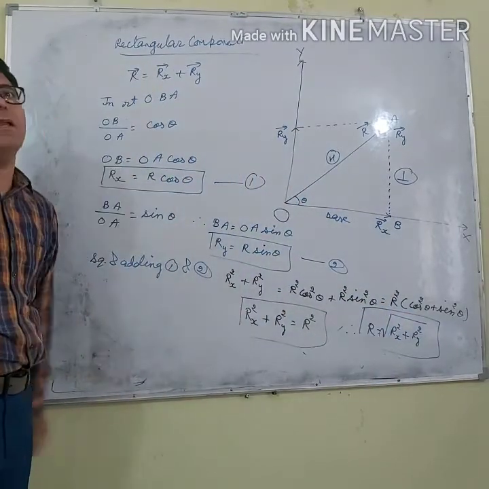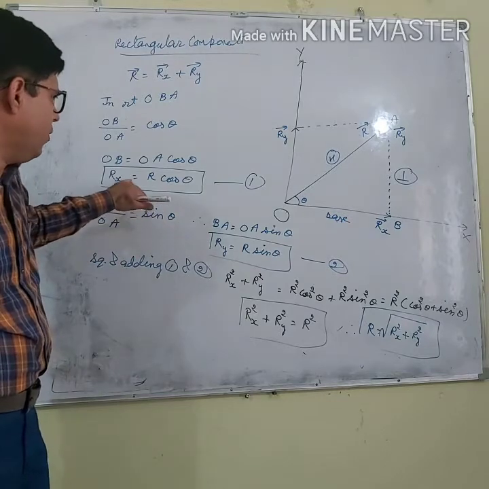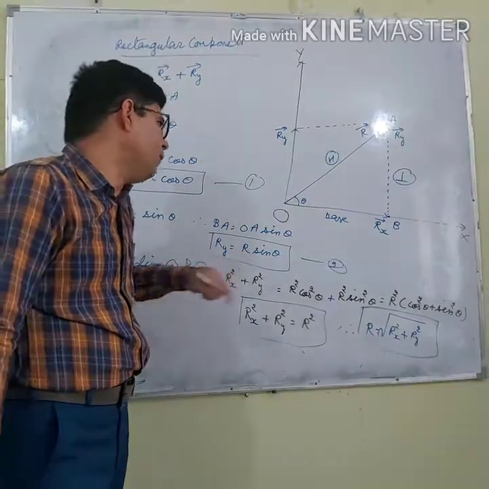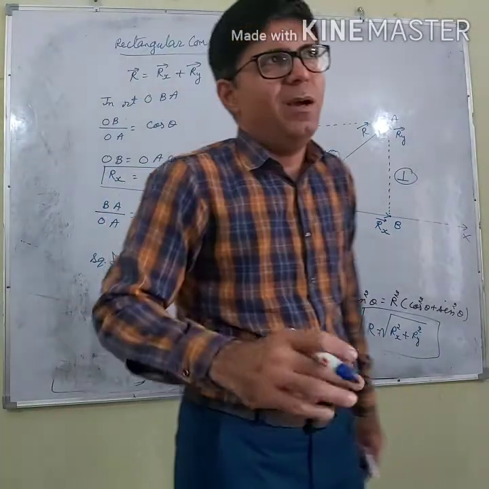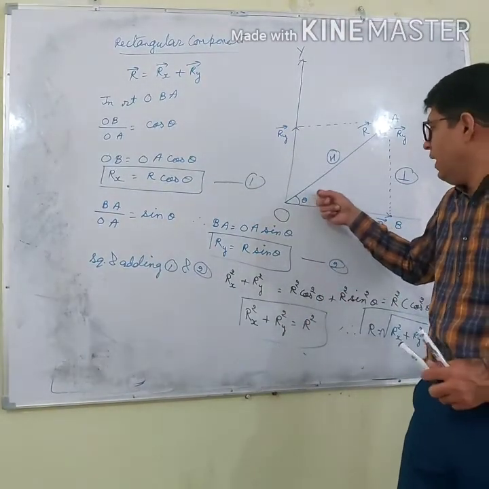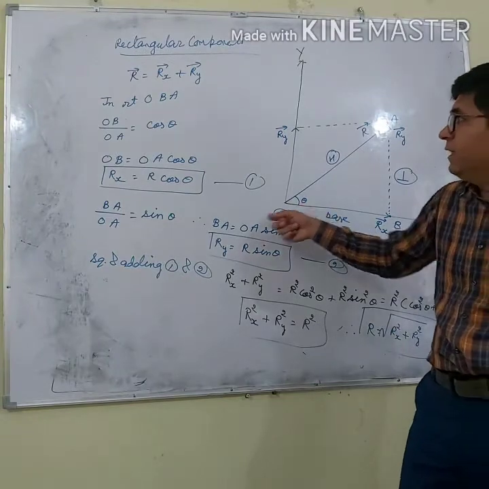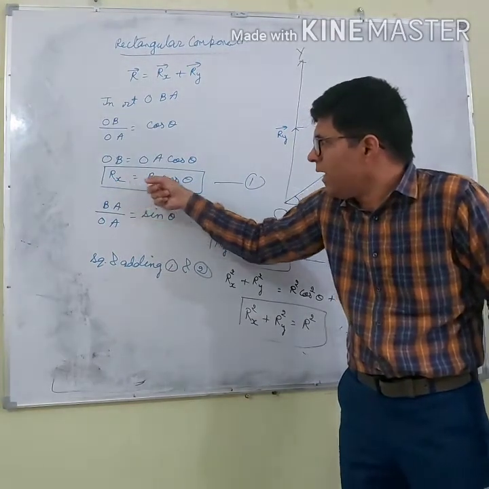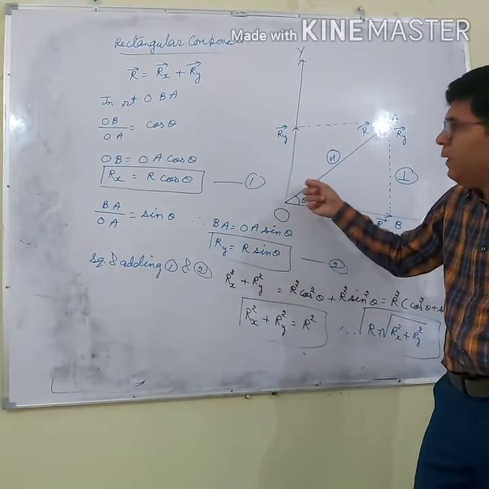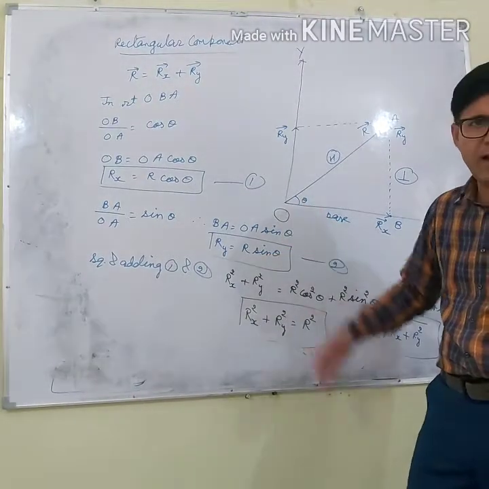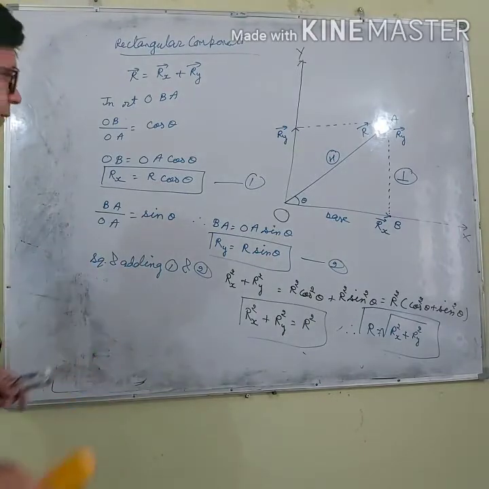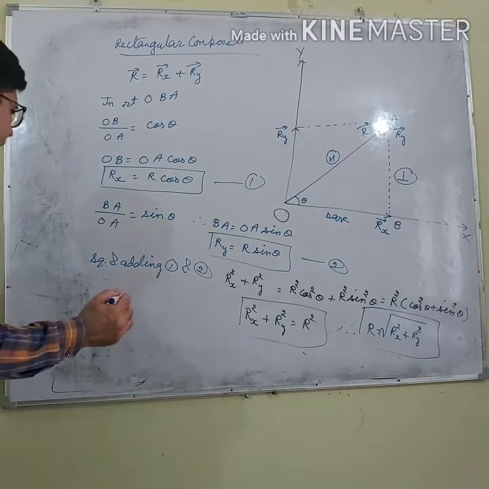So these are very important results. If I ask the component of R along the x-axis, it is R cos theta, and the component of R along the y-axis is R sin theta. Theta is with the x-axis, so the component with theta gets cos, so I can write Rx equals R cos theta, and Ry, along the perpendicular, gets sin, so Ry is R sin theta. Right? So this is very important.